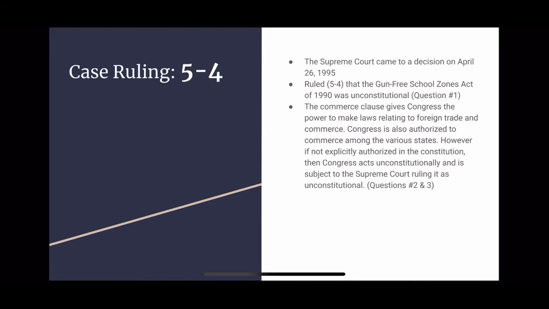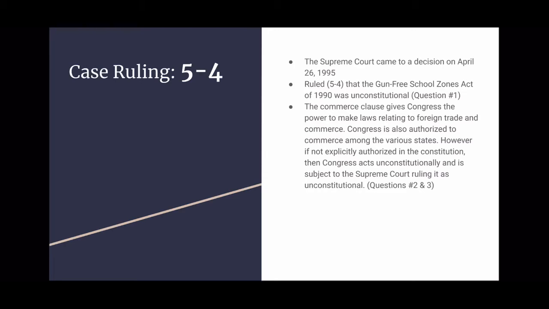The case ruling. The Supreme Court came to a decision on April 26, 1995, and ruled 5-4 that the Gun-Free School Zones Act of 1990 was actually unconstitutional, which is the answer to question 1. The Commerce Clause gives Congress the power to make laws relating to foreign trade and commerce. They are also